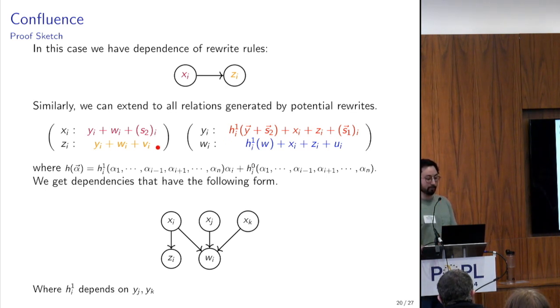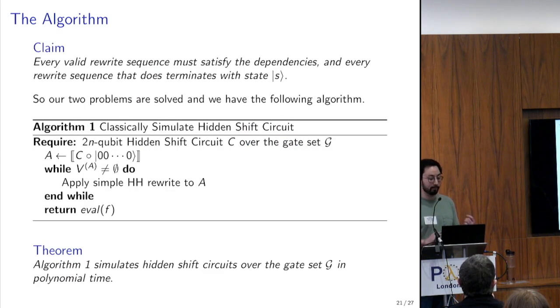So we can just do the same thing. There's a little bit more complication with respect to the other rules, which, I don't want to confuse anybody, are just the same simple HH rules but taken with respect to different variables. It's a little bit more complicated here just because we have potentially nonlinear terms, but we can just do the same sort of strategy and find that there are dependencies between these rules that we have to execute, and we come to a claim here that every valid rewrite sequence has to satisfy the dependencies that we've constructed,